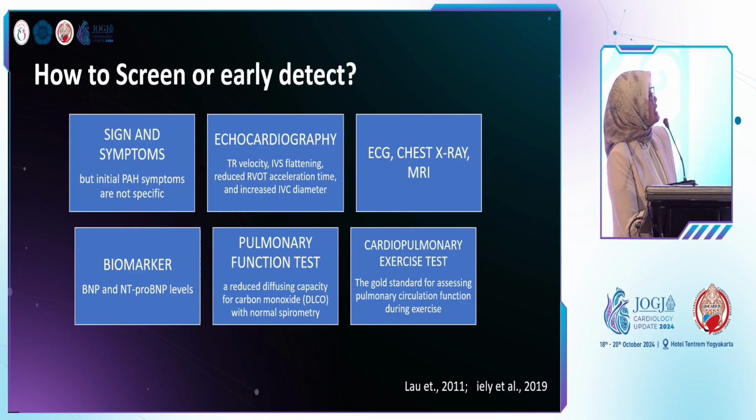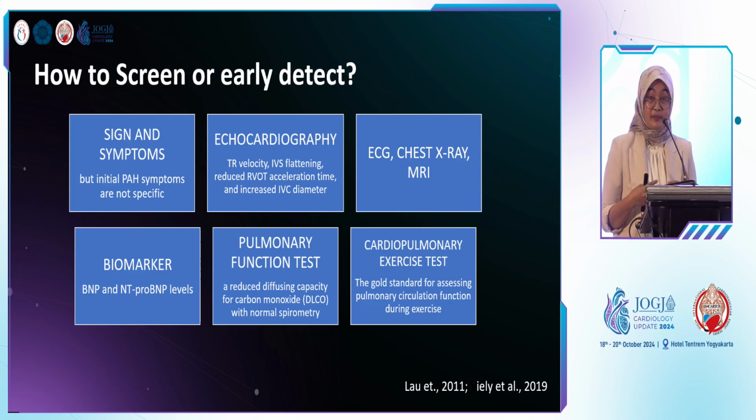Another tool that can be used for screening or early detection of pulmonary hypertension is the ECG. Perhaps you can also use the chest X-ray if you have this kind of advanced imaging. You can also use MRI for treatment monitoring and severity scoring of pulmonary hypertension. And we can also use blood biomarkers, for example BNP and NT-proBNP levels, because as we